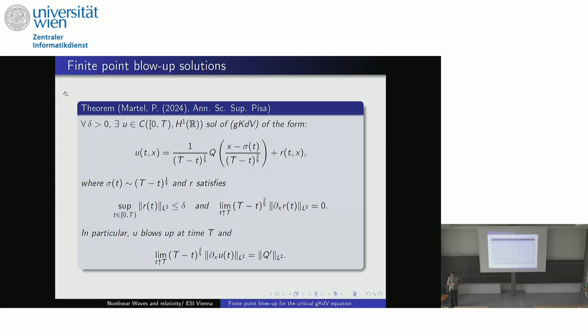Yeah, and so now I can finally state our results. We are able to construct solutions which blow up at another rate, 1 over (T minus t) to the power 2 over 5. And something new here is that the blow-up point is going to 0. So this time the blow-up point is not going to infinity; the bubble is focusing, but at a finite point. And we can take this solution as close as we want to Q in L2.